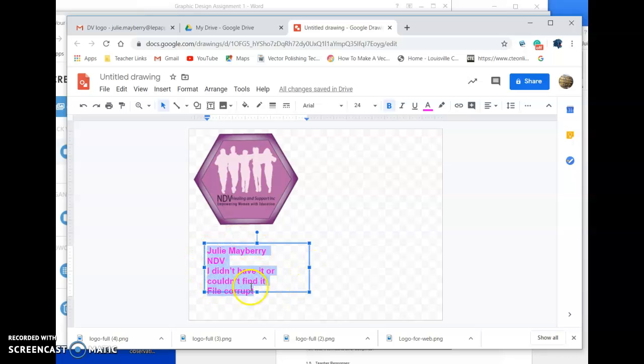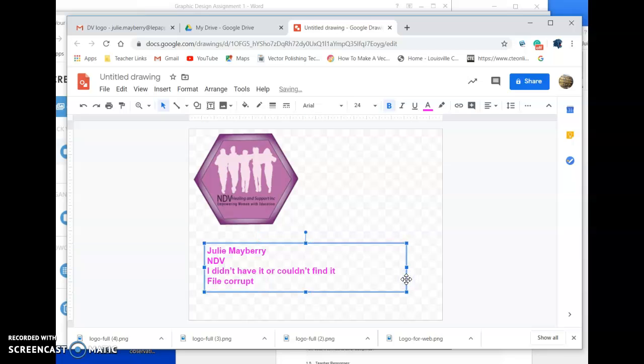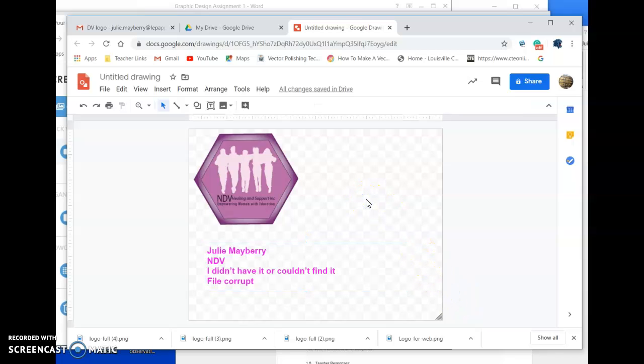Now, I don't like how this text all came down like this. I want it to read in a nice smooth line. So if you click and drag that bounding box, or the text box, sorry, it'll make the sentences fall accurately. Okay, so from here,